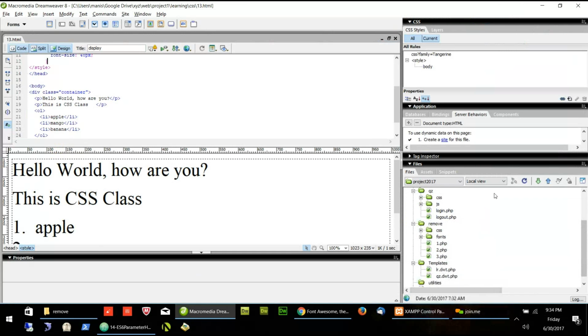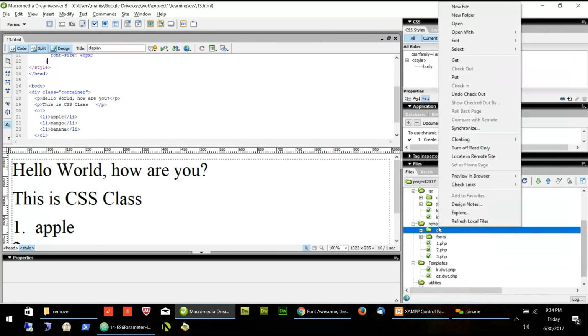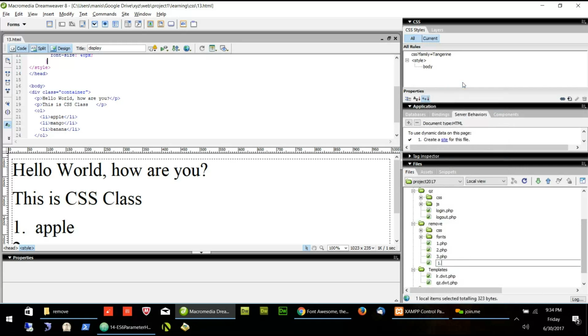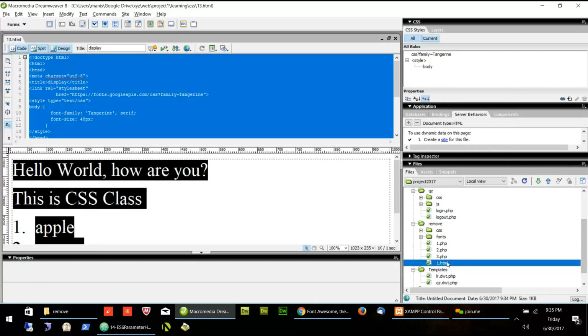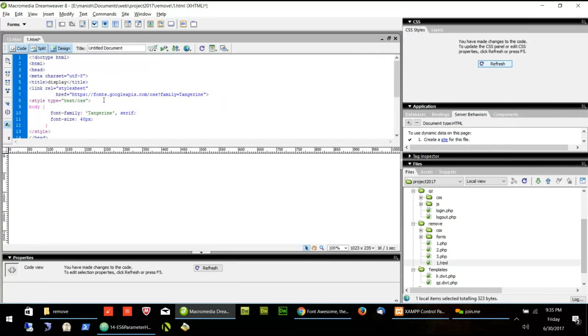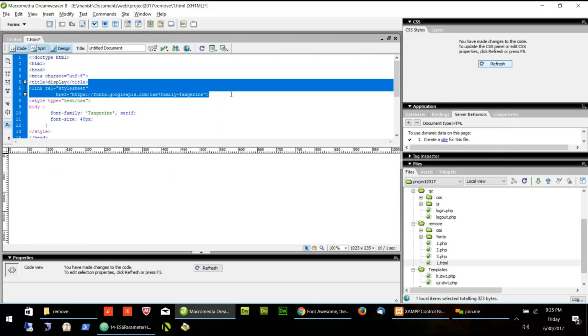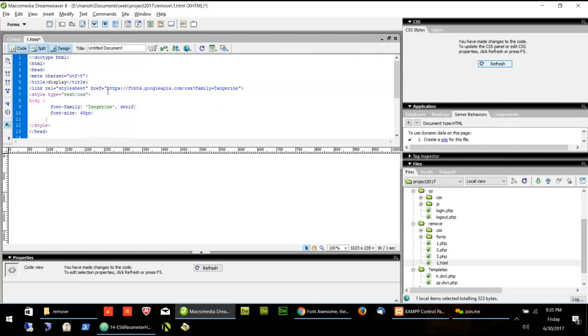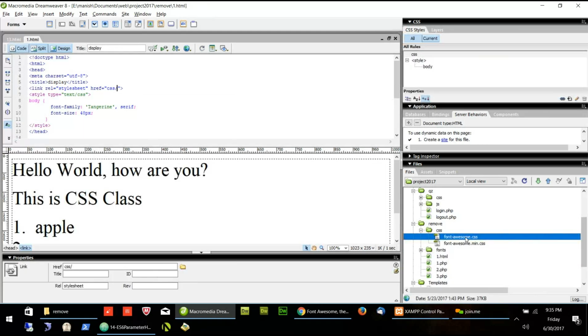Now I will create one file, for example 1.html, and delete the Google one, and I'll maybe use this one, the CSS folder, and inside the CSS folder Font Awesome.